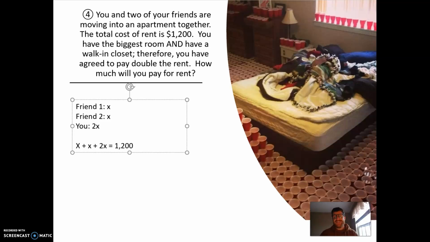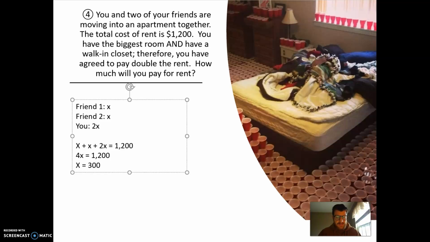Now this equation kind of looks maybe complex for some people, but it's really easier than what it looks like because all of these things on the left side, all these variables, all these terms are like terms. They all have an X in them, okay? So this is like 1X plus 1X, which is 2X. 2X plus 2X is 4X. So you have 4 X's. Now this equation just got super easy. Nice one-step equation, right? So divide by 4, X equals